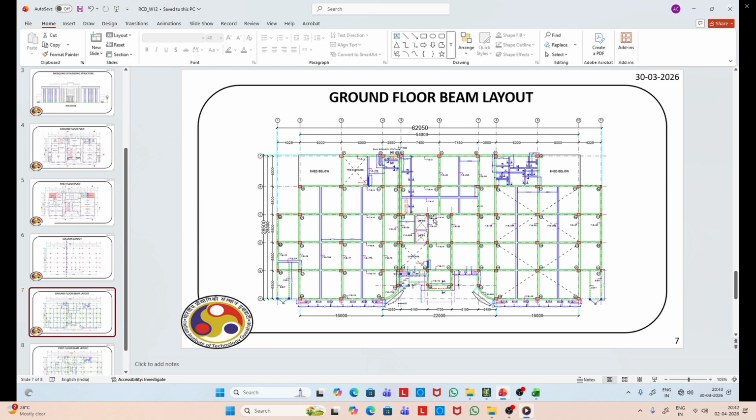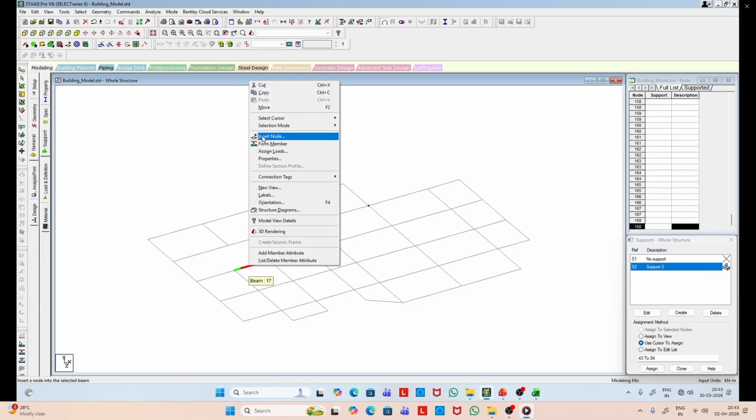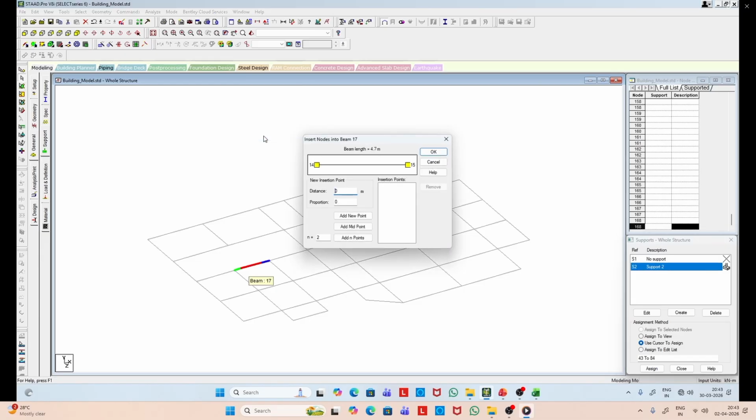So you can see the dimension. So let us divide this line into 2 parts. For that, we insert a node point in between.